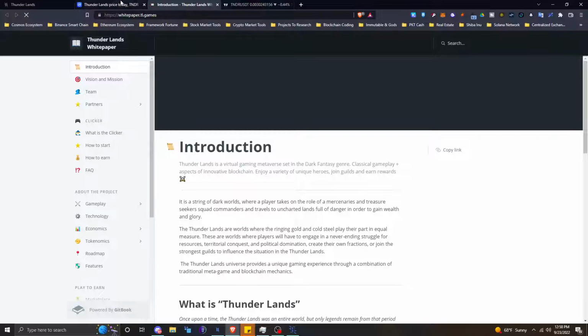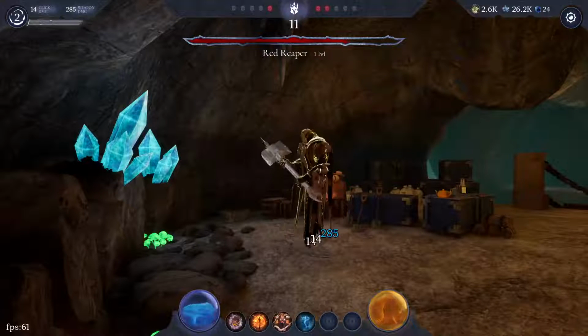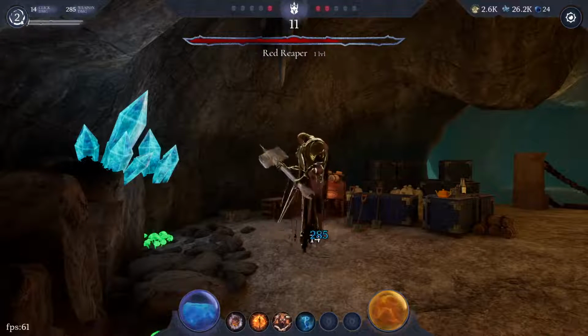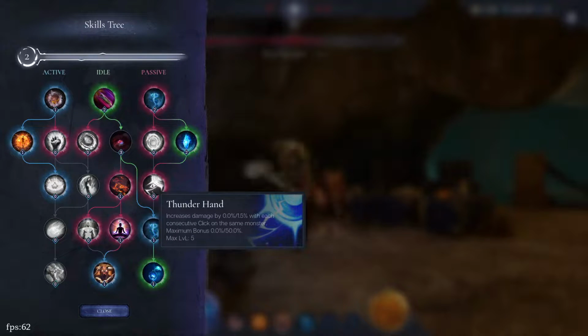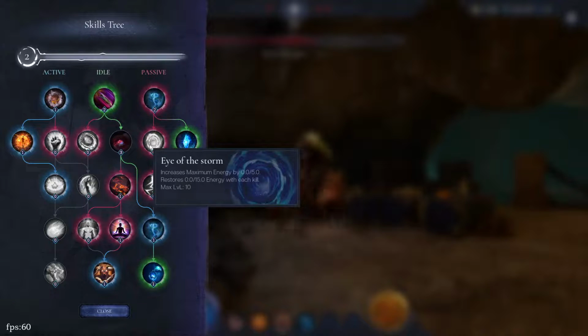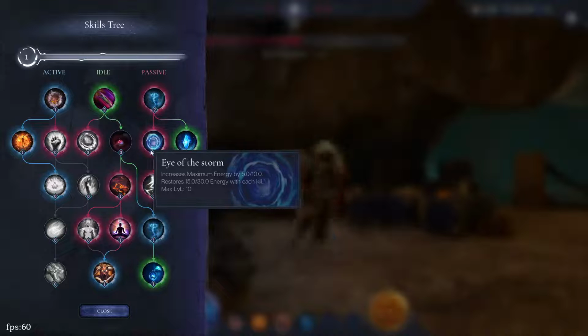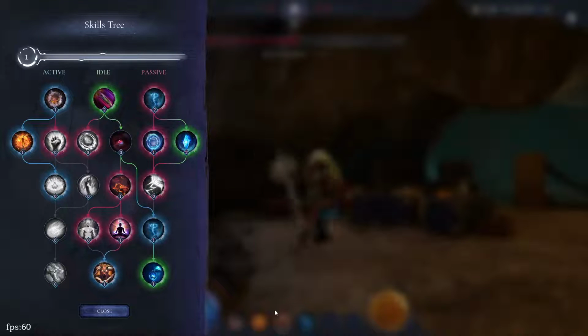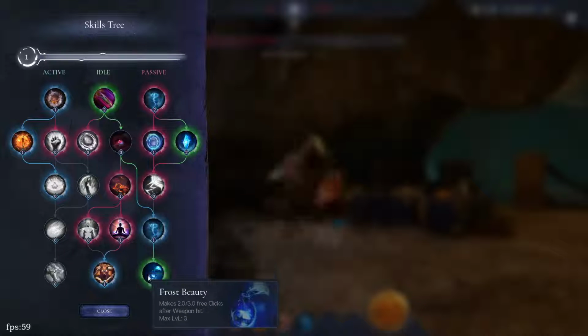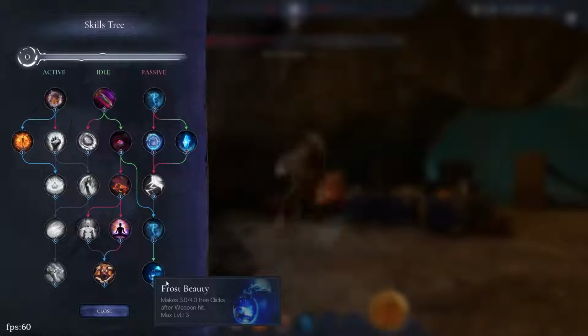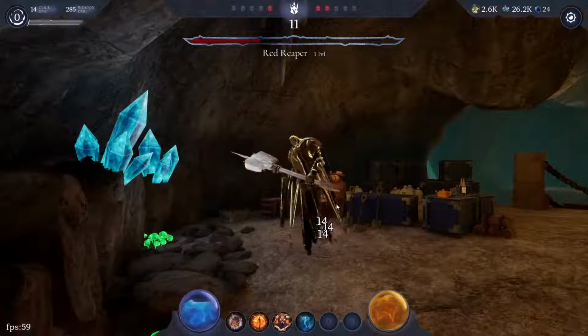Okay, so there's the white paper. Let's go check on the mine again. Alright, so we got 2 more skills. We probably need to add to our energy because we are getting deeper into the mine, so let's increase our maximum energy. As I showed earlier, using that one to convert your energy to mana can get pretty rough. And I'm going to add to this Frost Beauty again, so we're getting more click damage